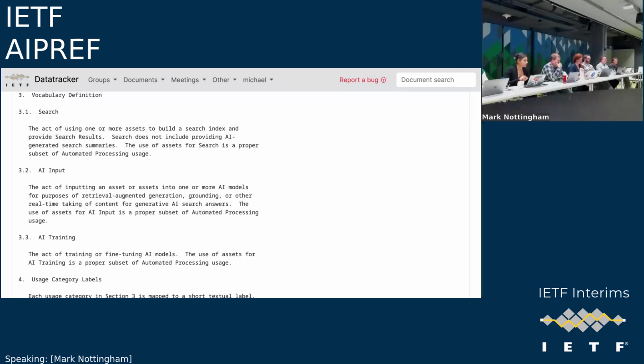Sorry, I didn't hear that. It refers to a top level category. The last sentence of each of the categories refers to a top level category. By saying it's a proper subset of, it means that there is an overarching top level category, but I understand that to be an editing mistake. That was just, if these are the three categories of the vocabulary that we paste into the current draft, then I was just keeping that text because that's how it's been formatted in the current draft, but it can be removed if there's no top level. Yeah. In the Cloudflare proposal, there's no top level category, but this was in view of fitting it into the existing draft. That's all. So for the existing draft, we just remove the sentence from this.